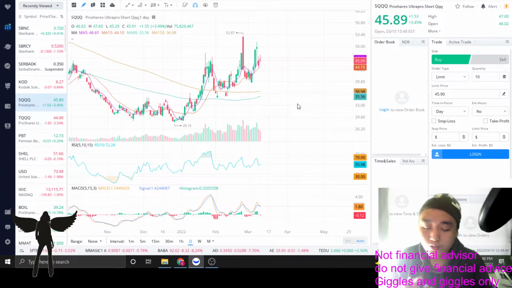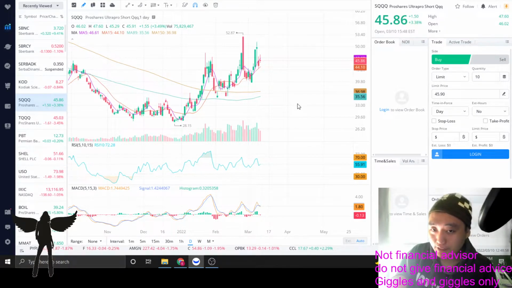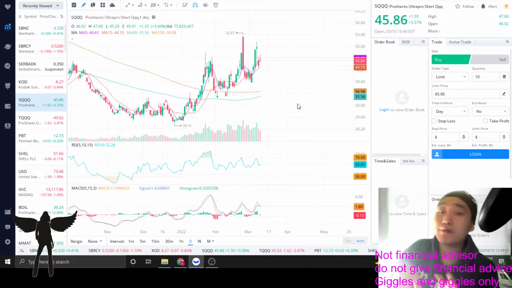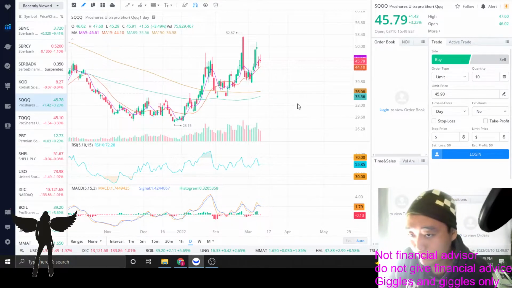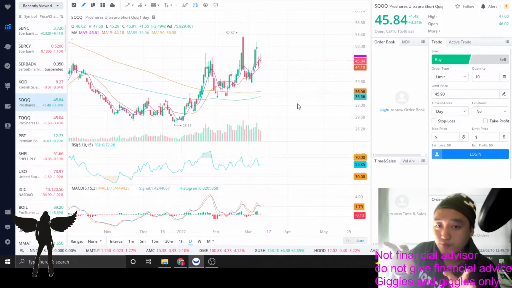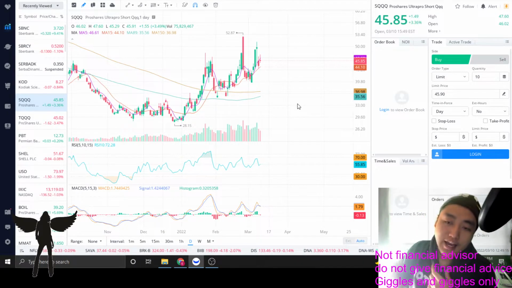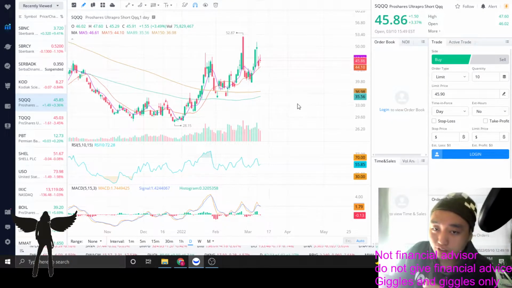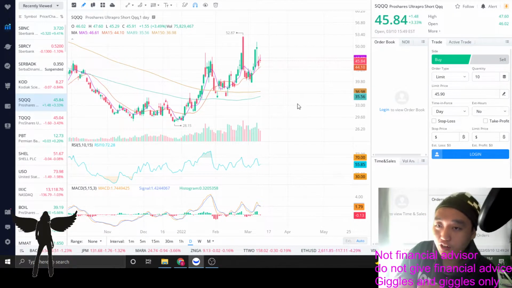And as we all know, retail investors always lose money and institutional investors always win money. But the reason why institutions win is not because they trade on average better than the retail investors, but because the method of their trading is better than the retail investors. What do I mean by that? The majority of the revenue made by the institutional investors is actually in the process of market making, which means they push a product, they push a stock out, they become the market maker of the stock, and then when retail and institutions start buying or selling those stocks, they make a flat percentage or flat amount based on the volume of the stock.